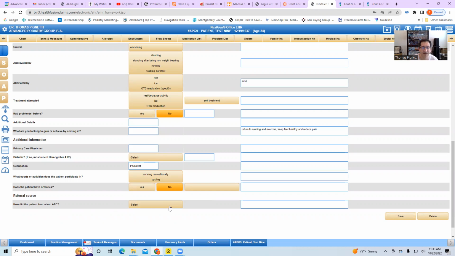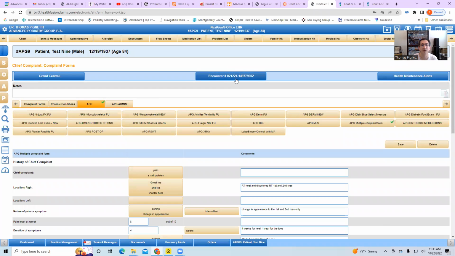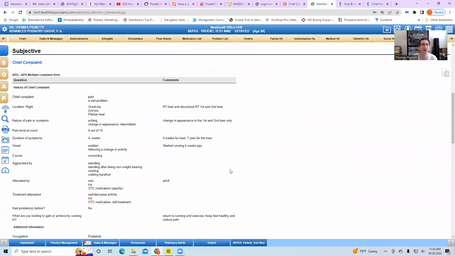Referral source, how did they hear about us? This does not need to be filled out. I need to take this off of the form, or you could just leave it blank, because that's going to be in the input information on their demographics. That's where Karina checks referral sources from. Anyway, if we save that and we look on the encounter form, you can see here now, we've got